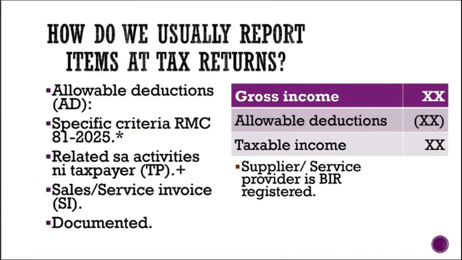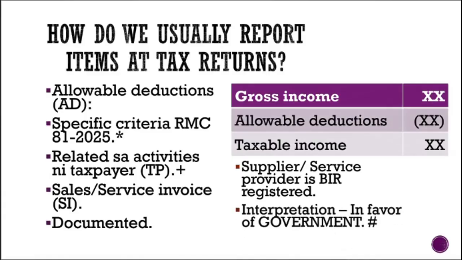So kung makikita mo, ang dami-daming requirement pag allowable deduction, pero pag gross income mas pabor sa gobyerno, because when it comes to allowable deductions, these are actually interpreted in favor of the government. Why kamo? Because since these are deductions, these are abhorred by the government or kinamumihan ng ating gobyerno. Kasi pag mas malaki ang mga deductions mo, mas bababa ang tax revenue na maaring makolekta galing sa ating mga